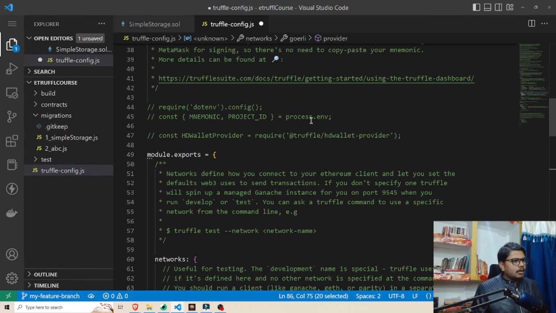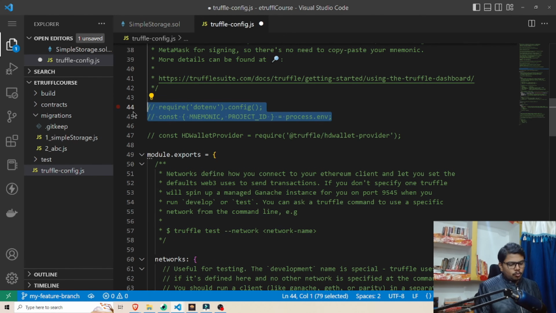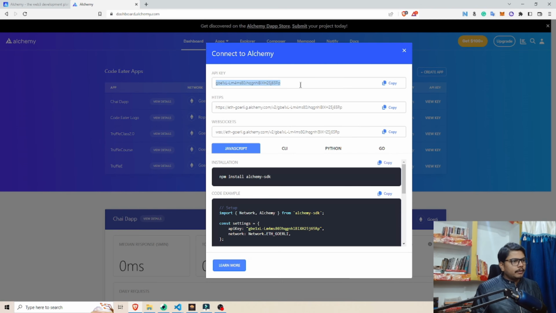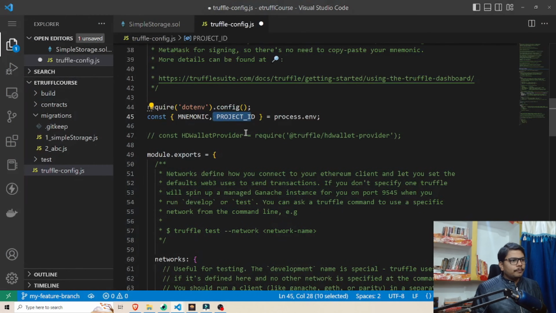Now in this, I will first of all comment out these two lines. And here we have this package by the name of .env. Now what we are going to do is store our mnemonics, which is actually our private key, as well as our project ID. And project ID is this thing. This is your project ID. So we need to keep these two things secret. You cannot share these two things with anyone else, because if you share them, then you will have to pay for it. If someone has your mnemonics, they can take out all your cryptocurrency from your wallet,